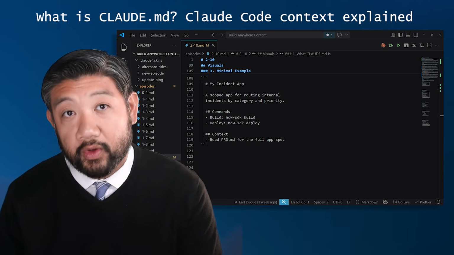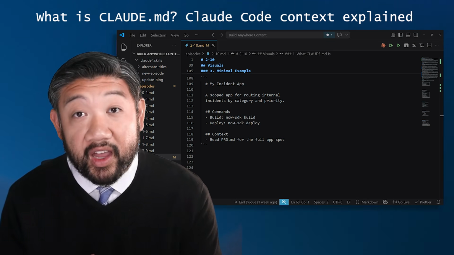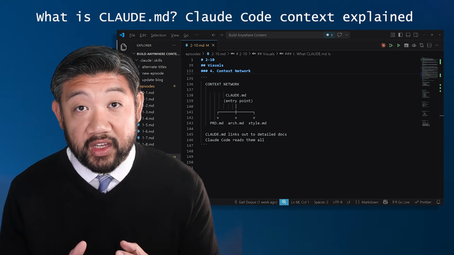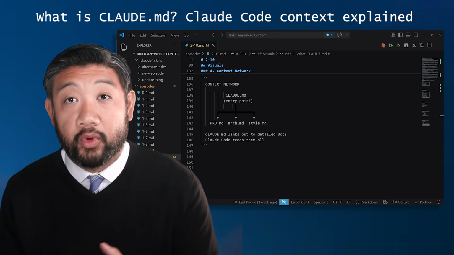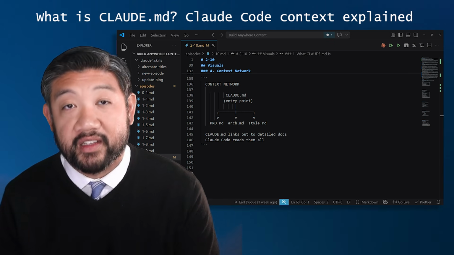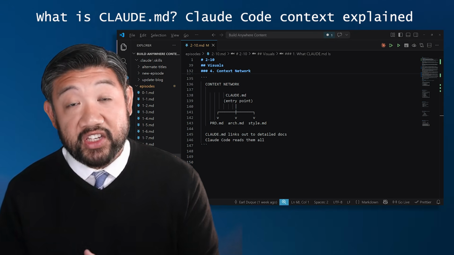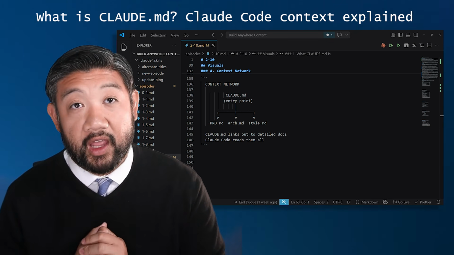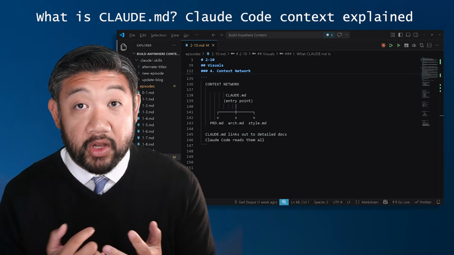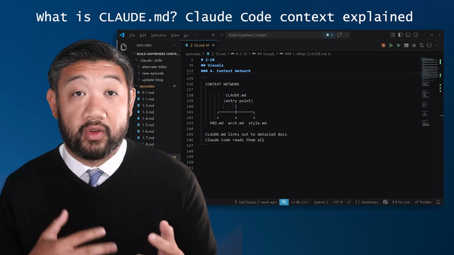Point it to your product requirement document, your architecture documents, or a style guide for your code. You don't have to cram everything into one file. Let CLAUDE.md be your entry point and let everything else branch from that. Another route you could take is running the /init command in Claude Code, and that'll generate a basic CLAUDE.md file for your project. It's a good starting point, usually not the finished version, but as your app keeps growing,